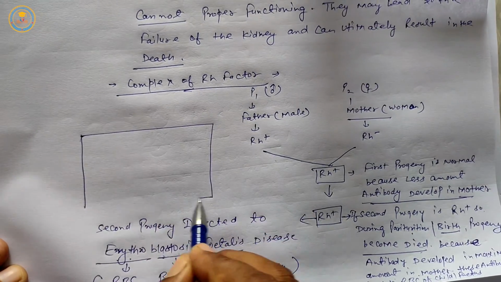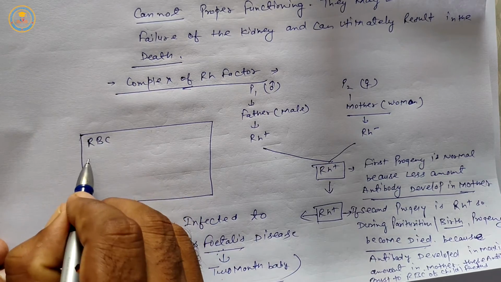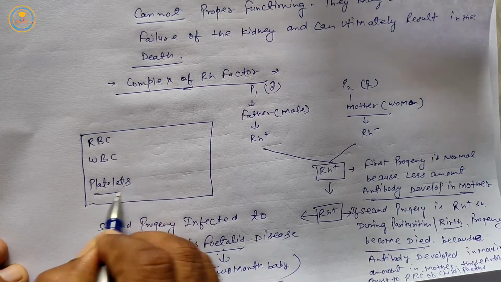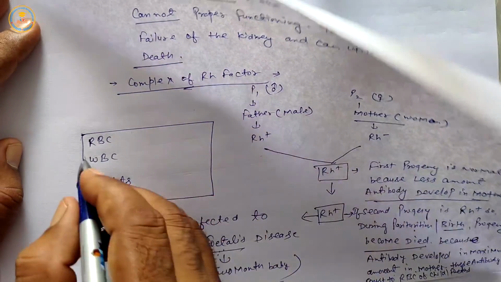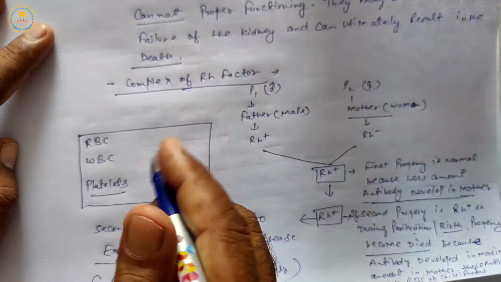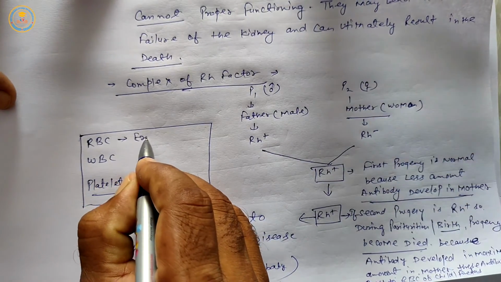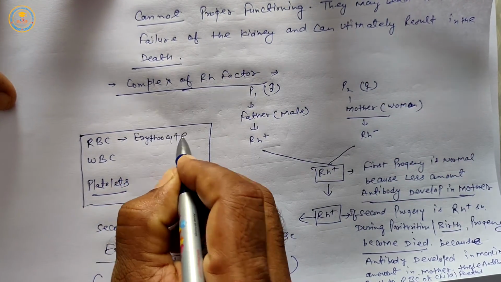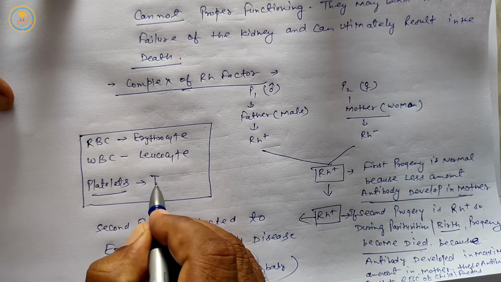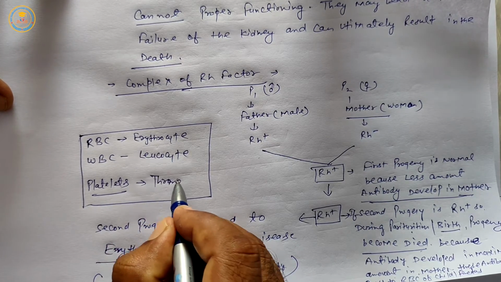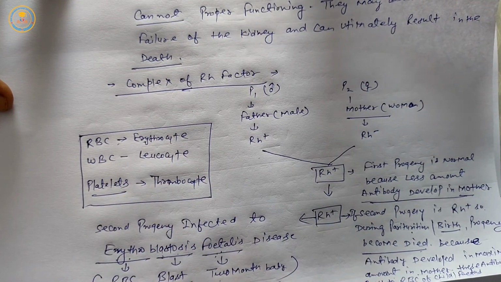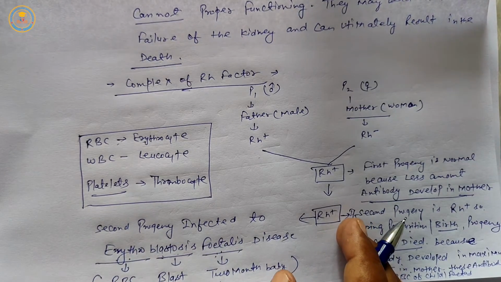Students, remember, RBC means red blood corpuscles, WBC means white blood corpuscles, and third is platelets. They are blood corpuscles 1, 2, 3, and they form approximately 45% of blood. Another name of RBC is erythrocyte, another name of WBC is leukocyte, another name of platelets is thrombocyte. So erythro means RBC, blast means burst, fetalis means 2 months baby.